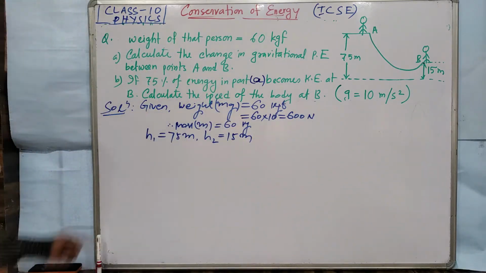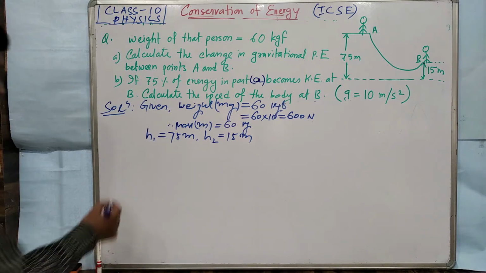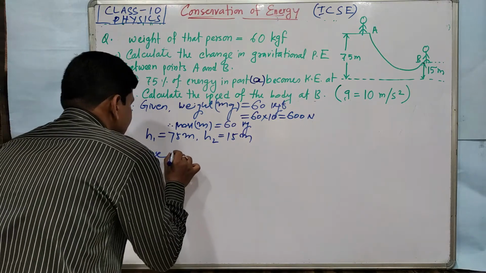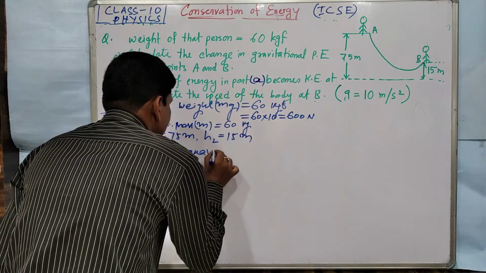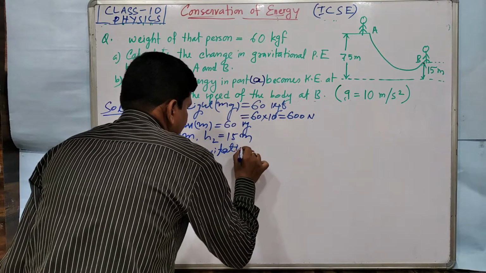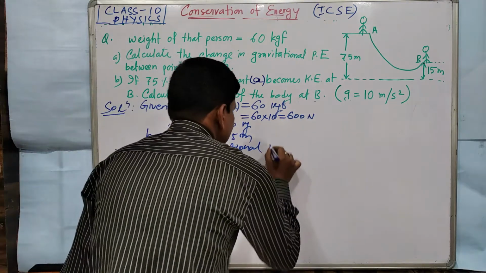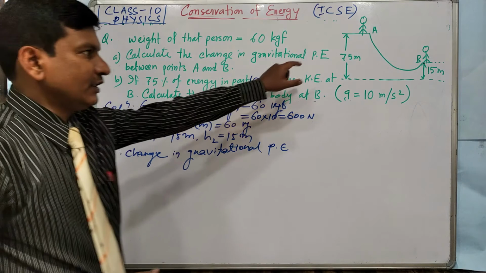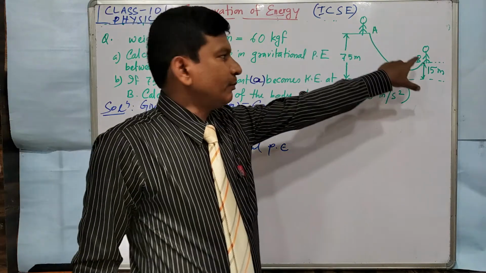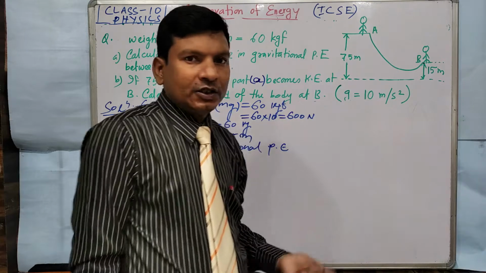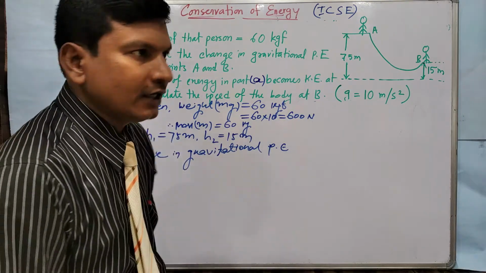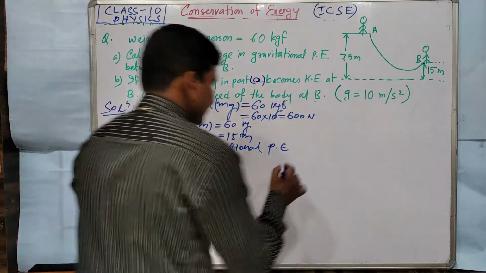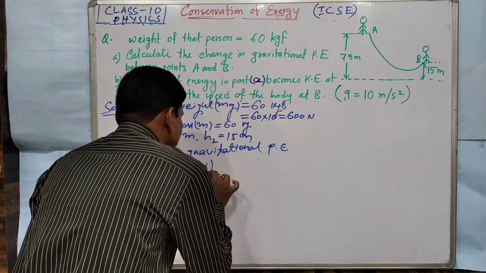Now we need to find the change in the gravitational potential energy. So thus the change in gravitational potential energy, what is the formula of that? We have to find the potential energy at point A. Again we have to find the potential energy at point B. Now subtract this, you will be getting, and before that I have given you that formula, that is mgh1 minus mgh2. So therefore directly we write over there, here U is equals to